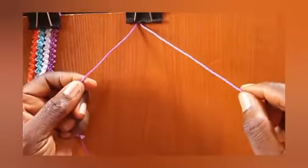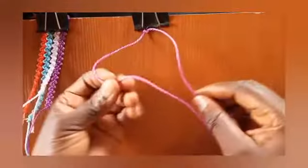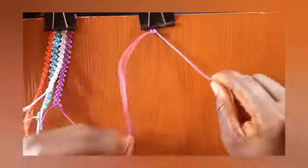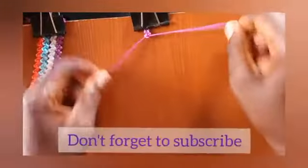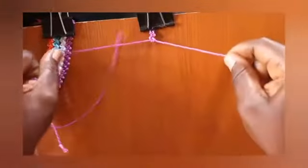So I'm going to take this, I'll do it this way, bring it up, then this one this way, pull it, you continue this way and this way. That's why we call it alternating. So this way,